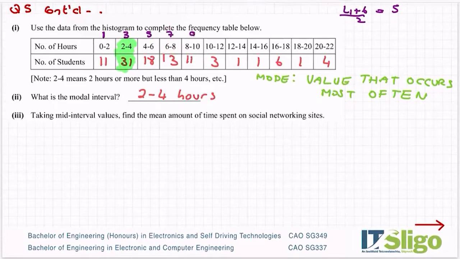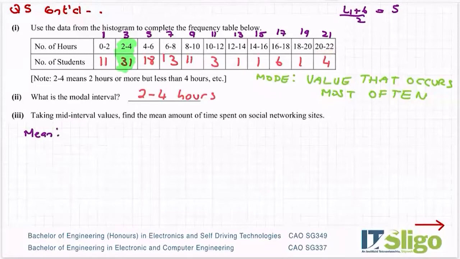Between 8 and 10 is 9, 11, 13, 15, 17, 19 and 21. So what I've written in purple up there at the top is what's called the mid-interval value. It's the middle value in the range. Okay. So to calculate the mean then,